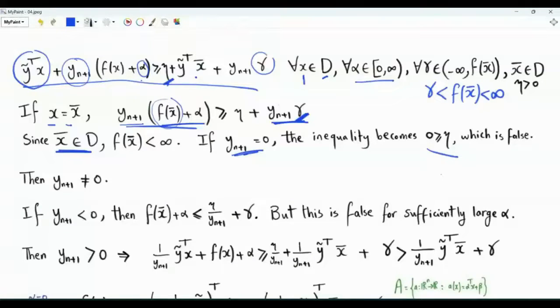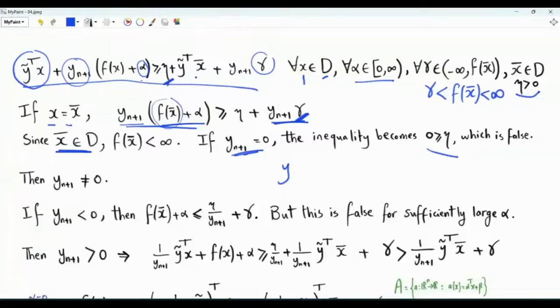This inequality is incorrect. It is false because eta is a positive number. So yn plus 1 cannot be equal to 0. Recall that we have a separation theorem, and the separation theorem tells us that there is a vector y, and the inner product between vector y and any vector in the epigraph of function f is greater